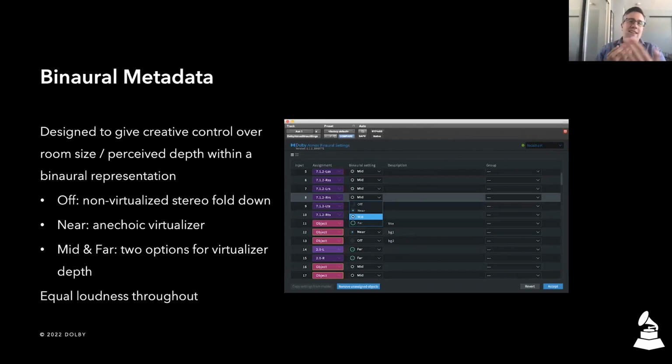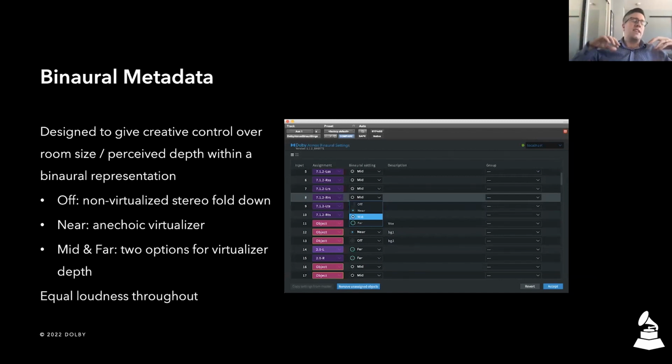And this allows you to have this kind of intimacy of the kind of sound people are used to on headphones for elements like vocals, percussive elements. You can get that intimacy through the near non-room virtualizer. But then things that want to bring space to the mix, things that want to put you within